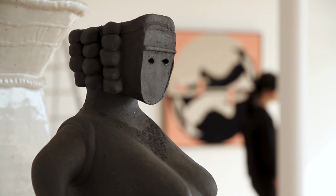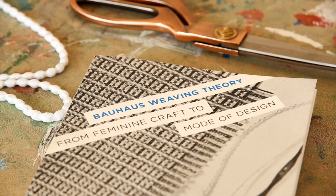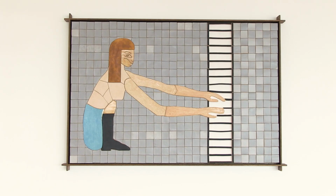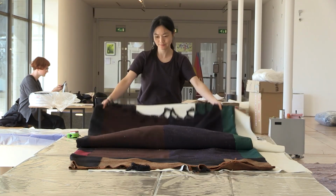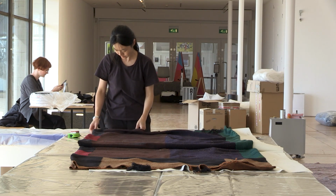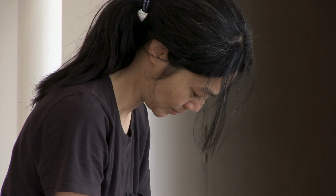The exhibition title, Ancient and Modern, comes from a book actually, called Bauhaus Weaving Theory, and it refers to the ancient craft of weaving, but it also applies to ceramics, and using that in a modern or new language. I was interested in the way that the Bauhaus, one of its ethoses was to combine art and craft and to not distinguish kind of in status between the